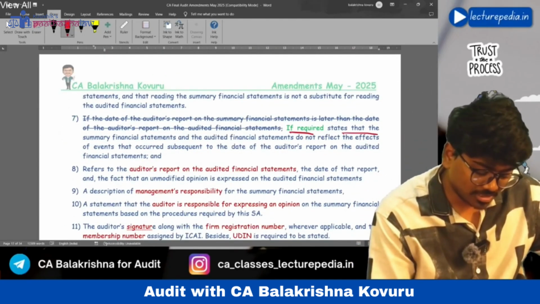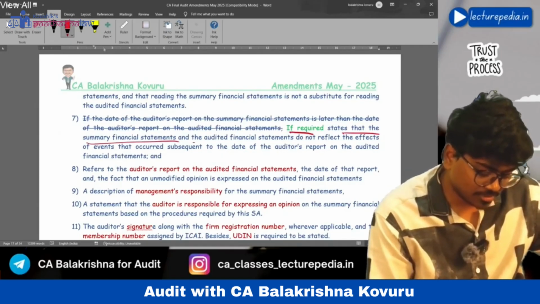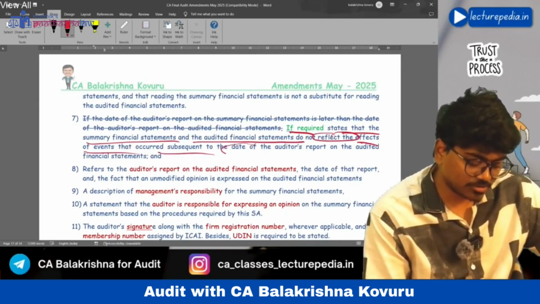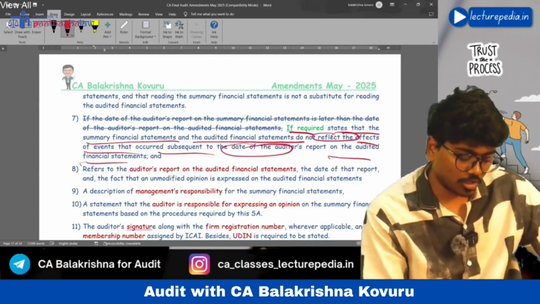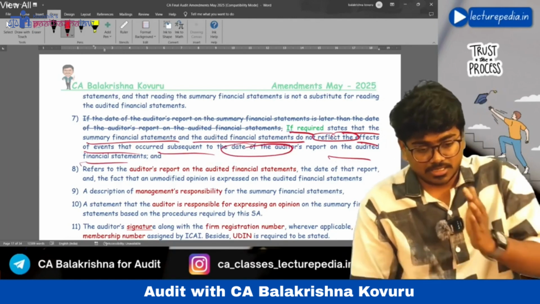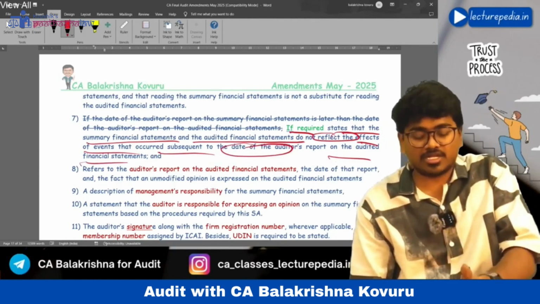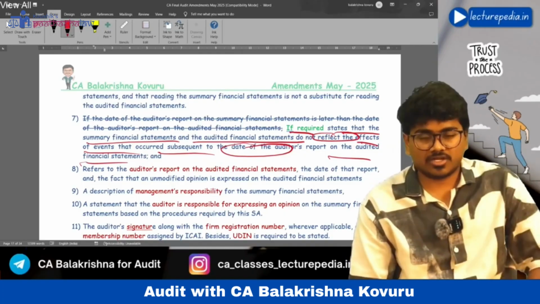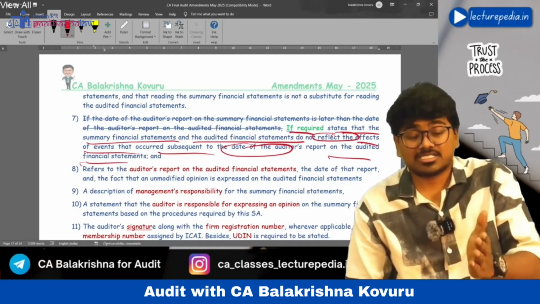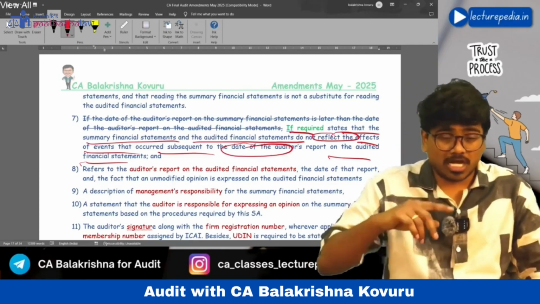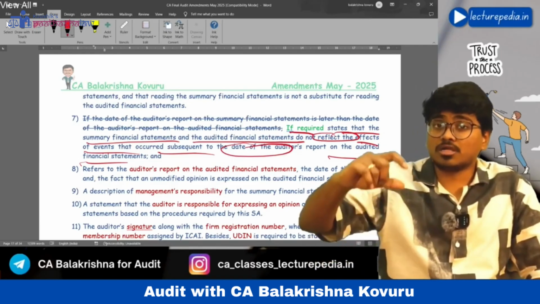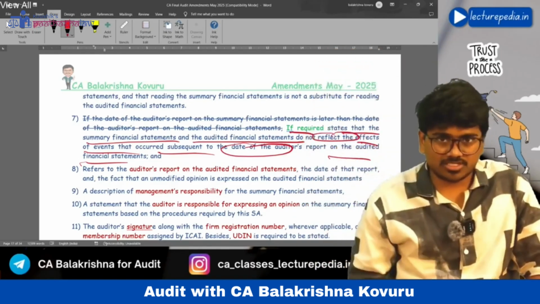Next, if required, state that the summary financial statements and audited financial statements do not reflect the effects of events that occur subsequent to the date of the auditor's report on the audited financial statements. If required, you can state that neither the summary financial statements nor the audited financial statements reflect the subsequent events that have occurred after the date of the auditor's report on the complete set of financial statements.